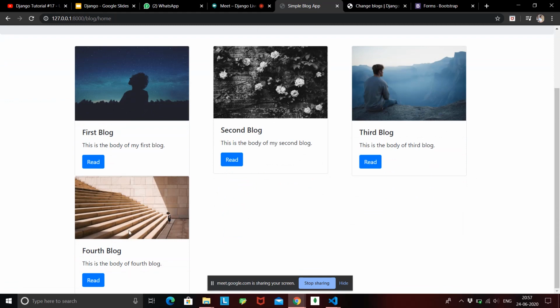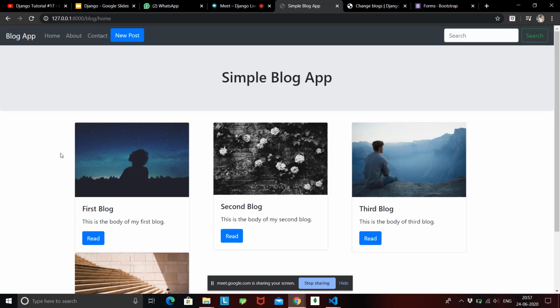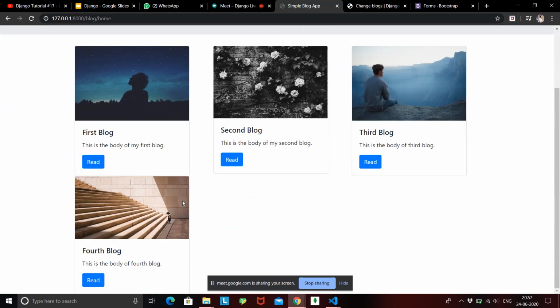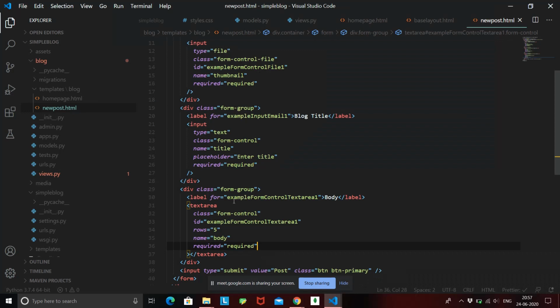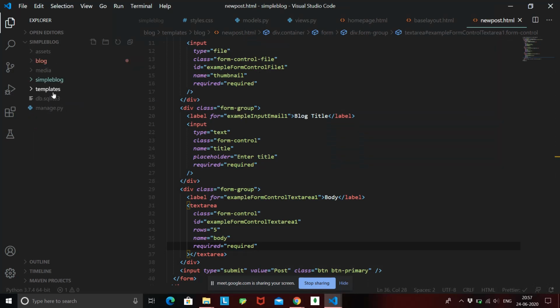Okay, so guys, we have successfully implemented the media files into our project. Let's quickly summarize it, because I know it is a very lengthy and confusing process, but once you are familiar with the process and once you do it yourself, it will be very easy. We'll not focus more on the static files now, just quickly revise the media files. I'll just close everything. So the first thing in media files, what we did, we went to our root app.